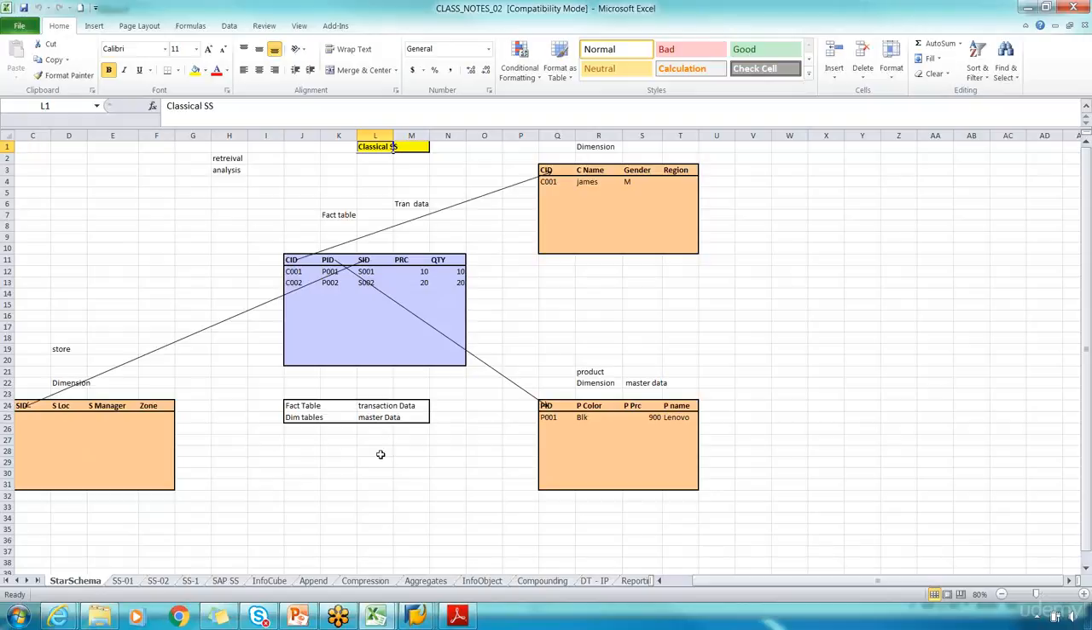Star schema is basically a combination of a fact table and dimension table. Fact table means, you can see here, all the transaction data are available in the fact table. The customer ID, product ID, store ID, price, quantity, everything is available in the fact table. So the fact table is transaction data, and this